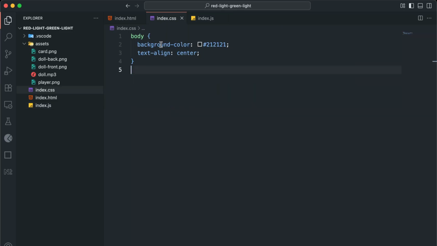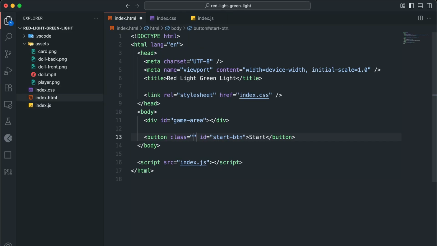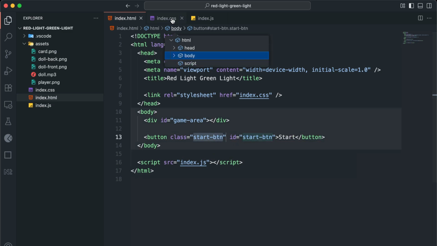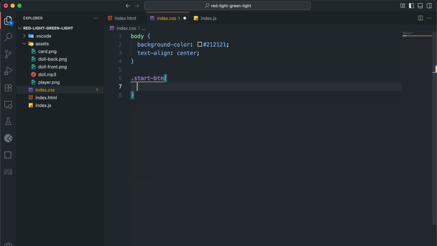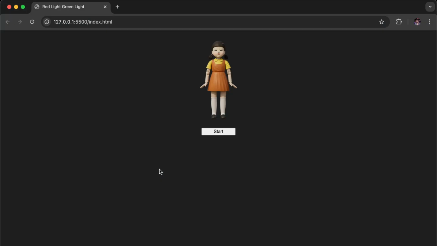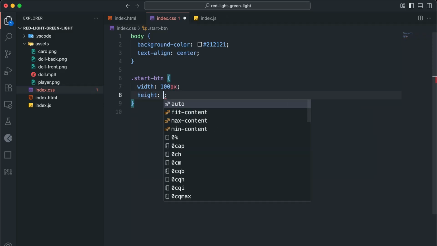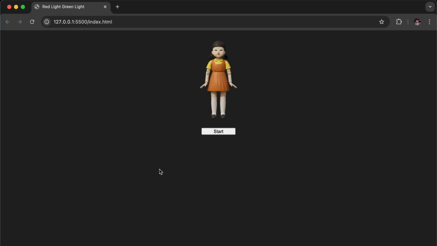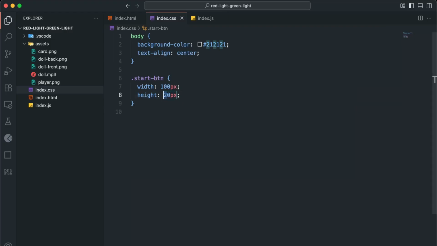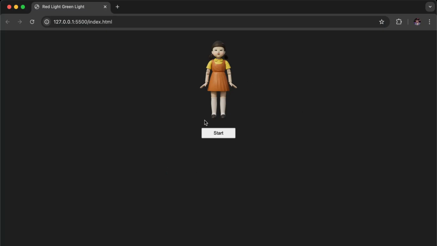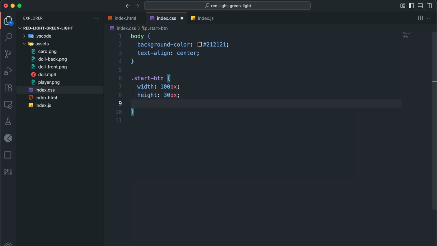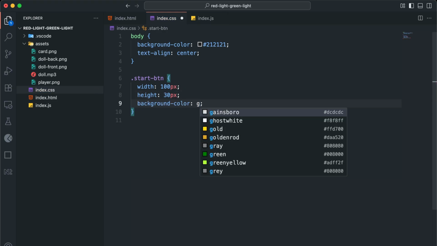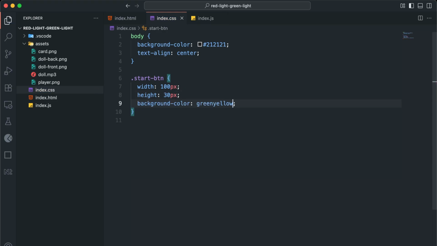Let's design the button. Let's give a class to the button, and this should be start btn also. So we can just add width 100px, height 20px. Let's make it 30. Okay, 30 is fine. Let's add a background color of green yellow. We can add anything you want here. Let's try